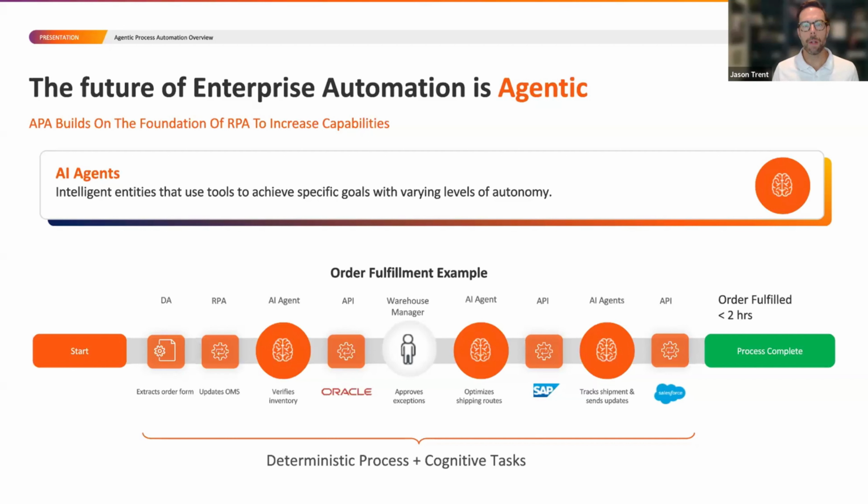Now, when we think about a total business process historically, if you're building on top of RPA, or even taking advantage of our intelligent automation capabilities today, realistically you're probably only able to capture about 60% of the total business process. That remaining gap that you haven't been able to automate usually requires humans to be involved.